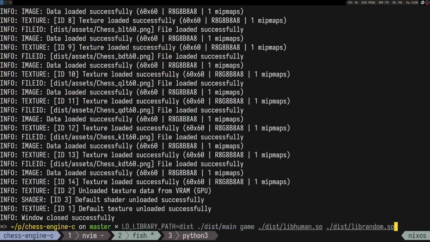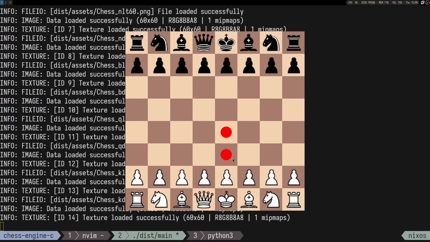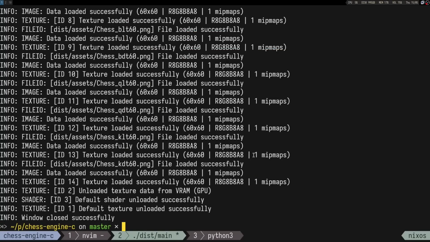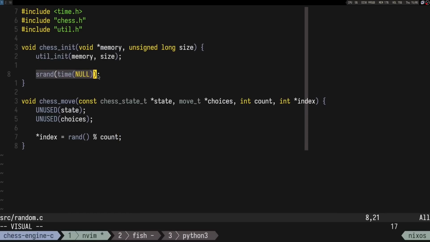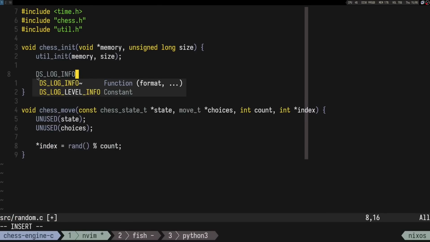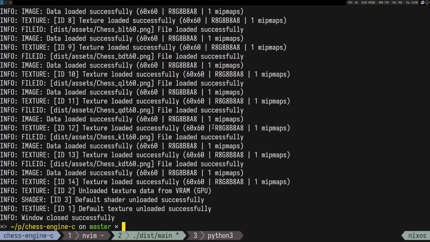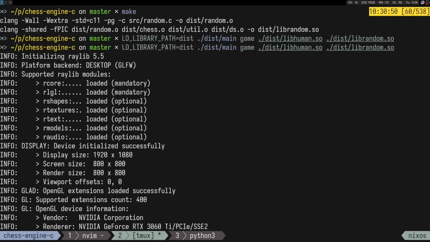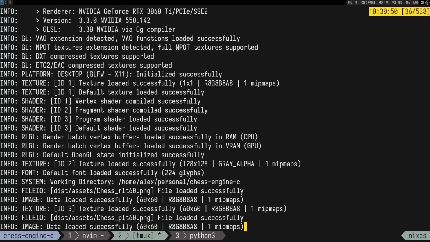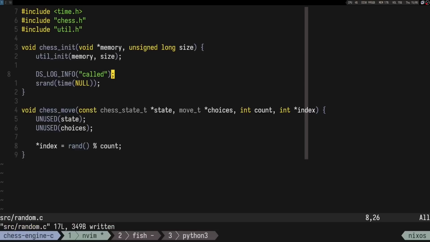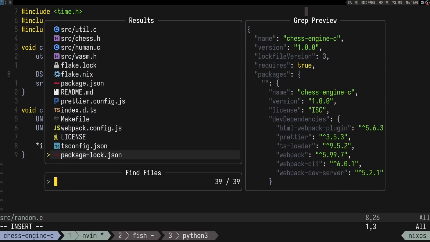Wait, does it play the same moves every time? It looks like it's playing the same thing every time. But I'm pretty sure this thing is called. So if I do log info, call. Really? Oh, maybe I forgot to call the chess init. So if we go to